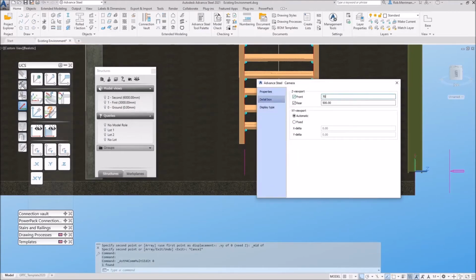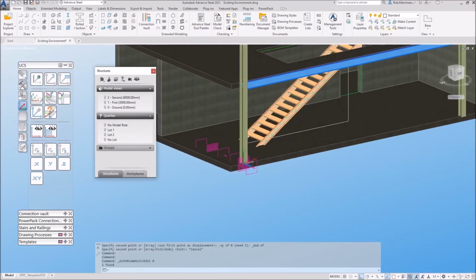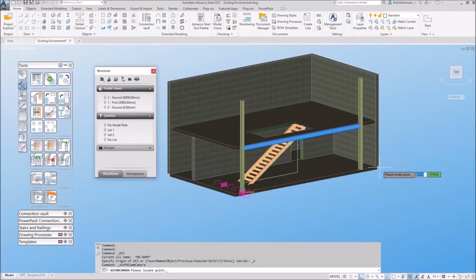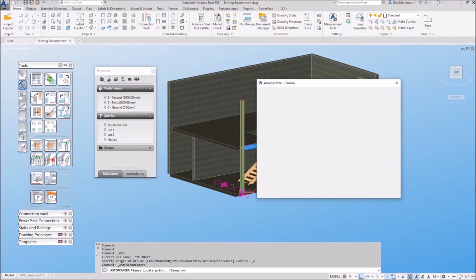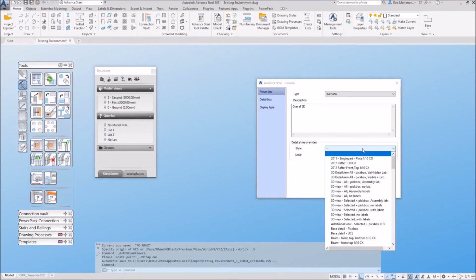We'll just change this to pick up the whole staircase. And this is going to be section on staircase. And then we just want a 3D view, so we'll just position ourselves there. Go to our view on UCS, just quickly put in a camera down here, maybe if we turn snaps on. Overall 3D. And we'll do 3D view